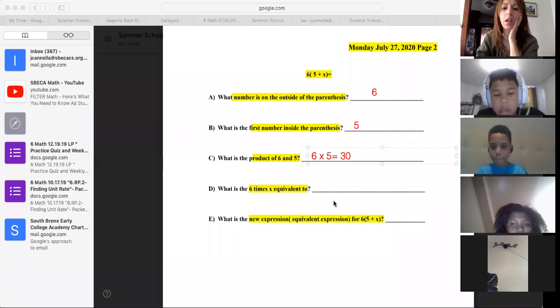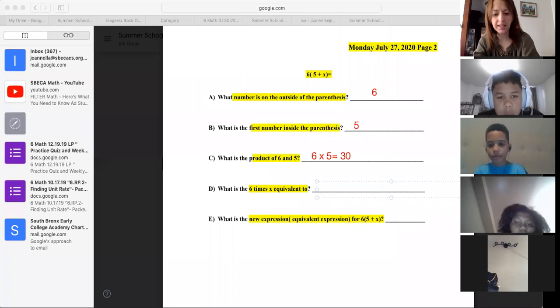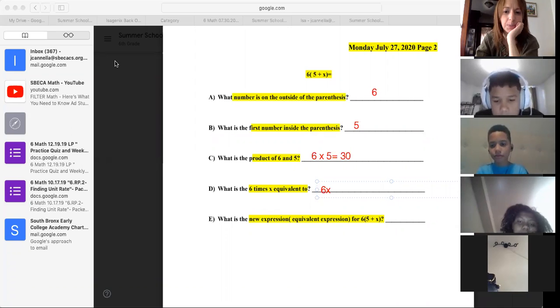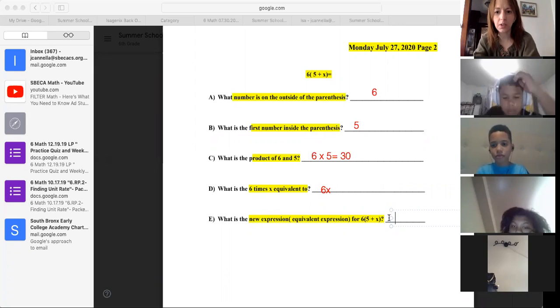What is 6 times x? Repeat it. 6 times x is equivalent or equal to what? So 6 times x is the same as 6x, guys. So now, when you write the new expression, I'm going to show you how to use the box method in a second. It's actually going to be 30